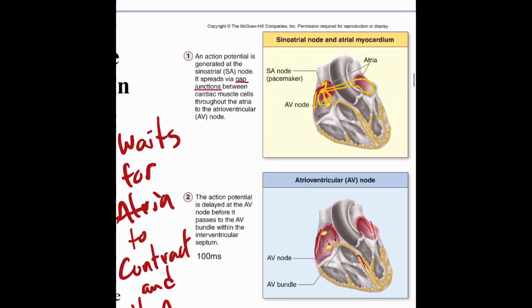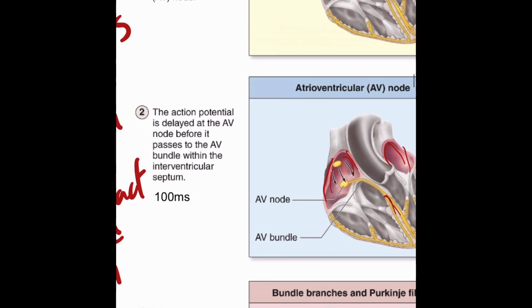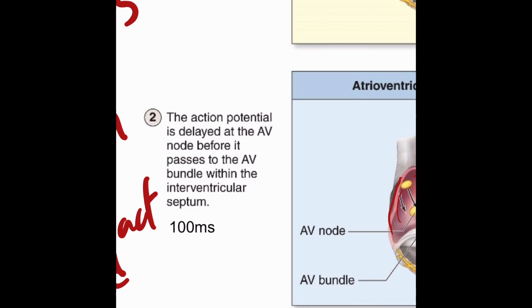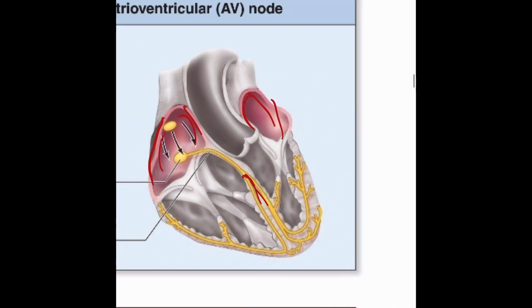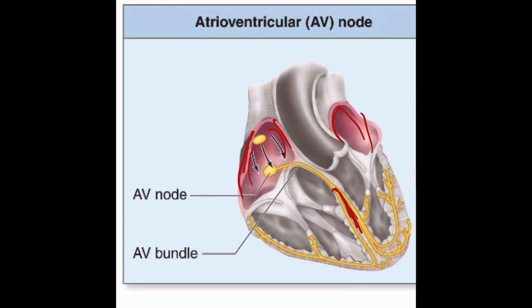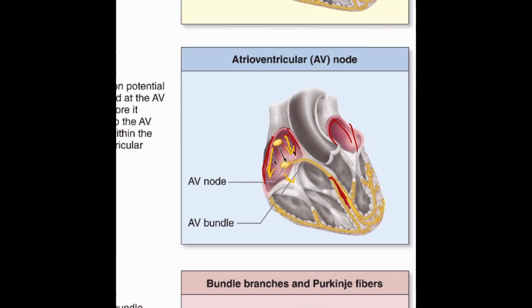So then, our heart somehow knows that it wants to delay the action potential at the AV node before it passes to the AV bundles within the interventricular septum, right? So this is the interventricular septum. It wants to wait for the whole atrium to contract before it passes along that signal, because we can't have both our atrium and our ventricles contracting at the same time, because our heart will stop. We're trying to push blood this way, we're trying to push blood that way, everyone's trying to push blood one way, and it just won't work, right? So the AV node,